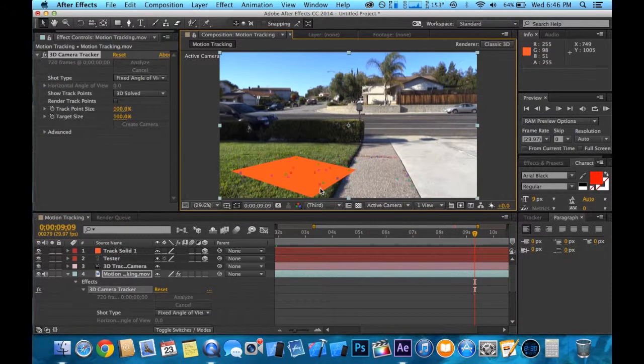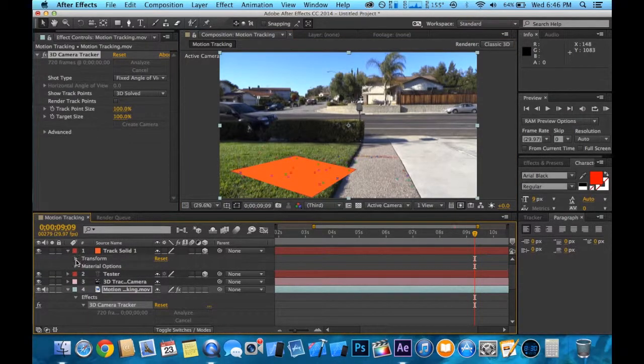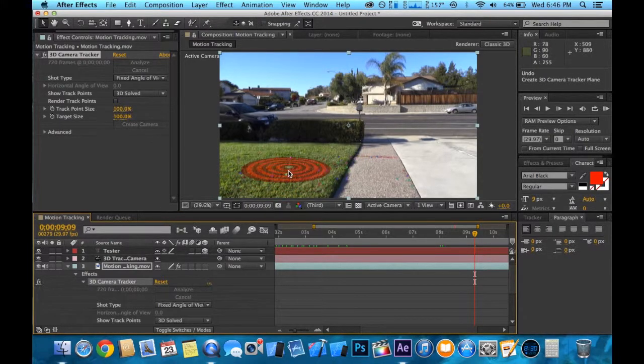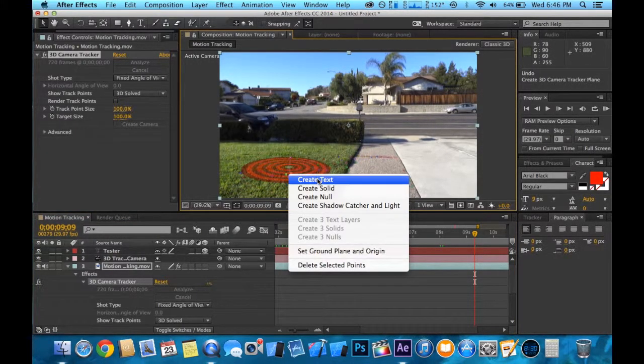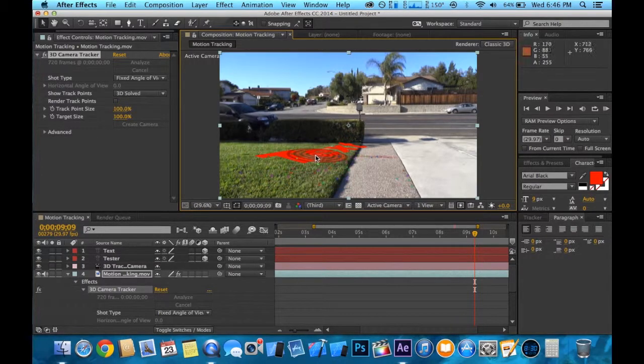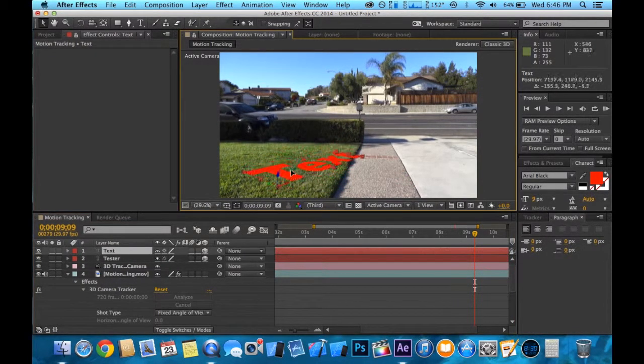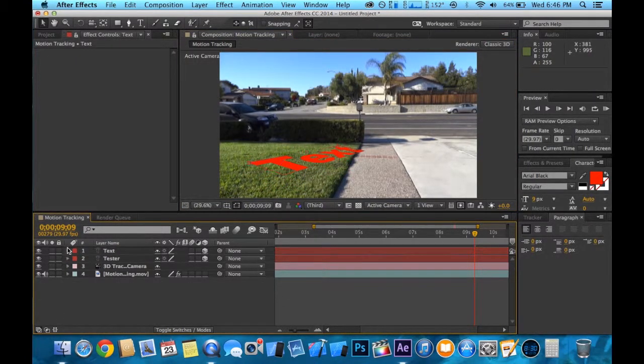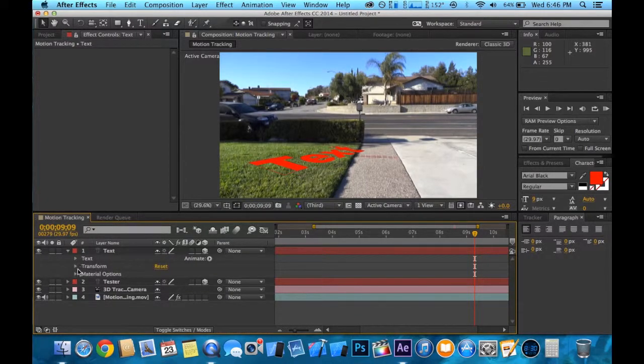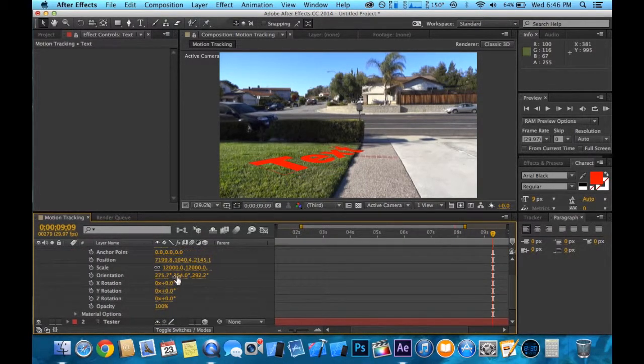Let's add a solid, so I can add any shape that I want. In this case, it's a rectangle. Yeah, I don't want a rectangle, so I'm going to Command Z that. I'll create a text, and now it's laying down on the ground, like so. And what I want to do is flip it around, sort of transform this thing so it's